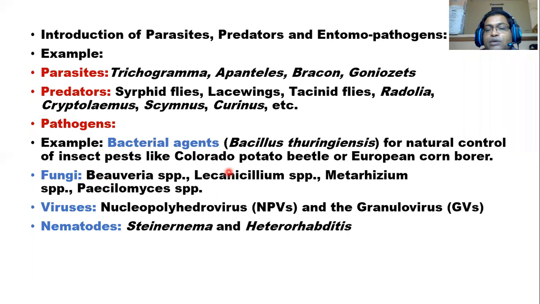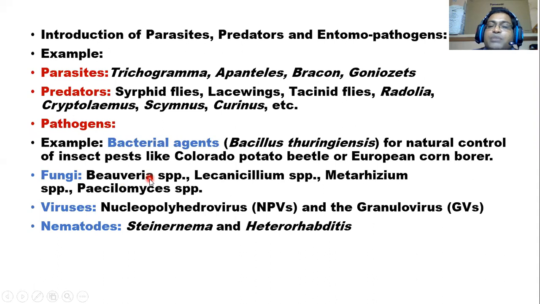So these fungi can kill, which means they can create diseases in insect larvae, especially insect larvae, not adults, which are big and hardy. Insect larvae are soft-bodied insects. So they will penetrate and create some septicemia, producing some toxins. The insect will die due to the sickness. These are the entomopathogenic fungi. This is entomopathogenic bacteria. This is entomopathogenic fungi.